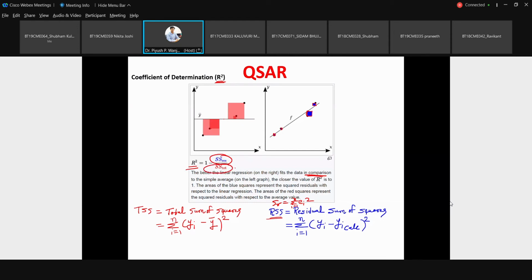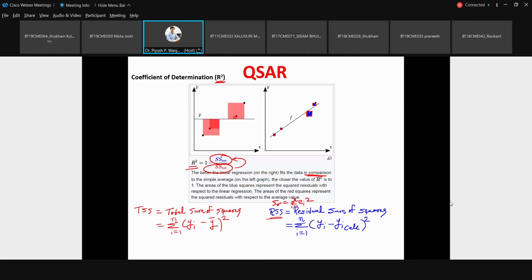When you are representing your data in a somewhat more sophisticated way, you will always see some improvement in quality compared to the average value. If you compare in terms of this RSS, there will always be some kind of improvement.